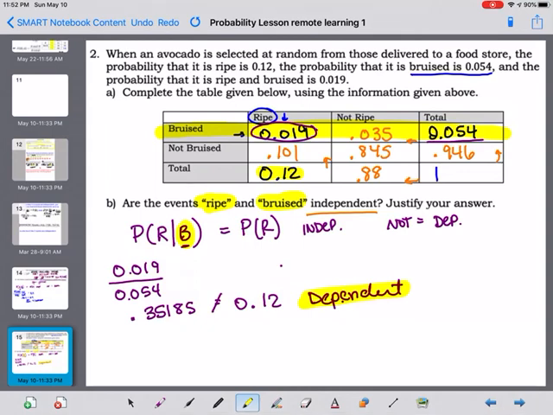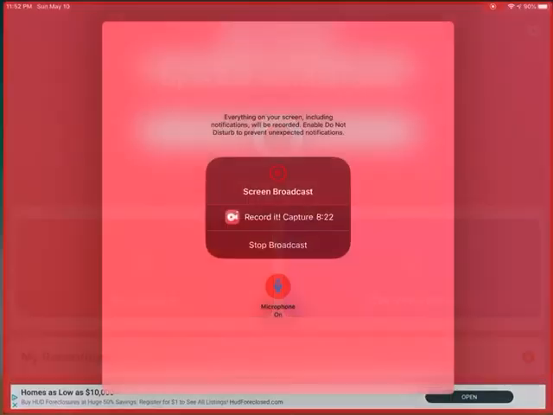That's what dependent means. So that's today's lesson. You're going to practice this, okay, just this. And then on Wednesday, we're going to do a handout where we